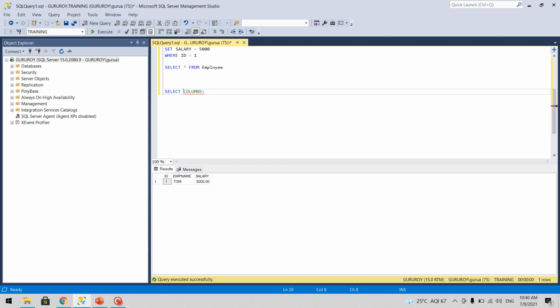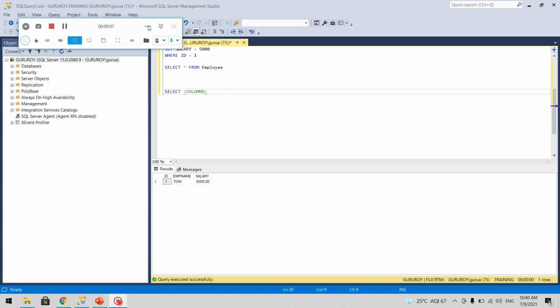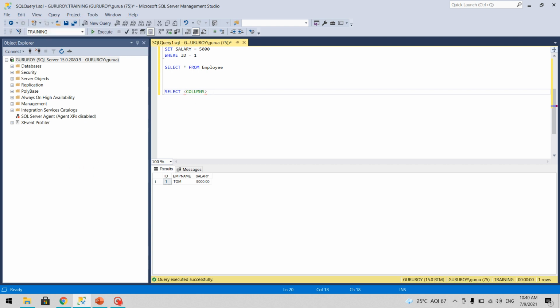These columns can be separated by commas, then you write from, then you specify the table name, and then you specify where, and then the conditions separated by and, or, and whatever conditional operator you want. So that is the basic select statement.